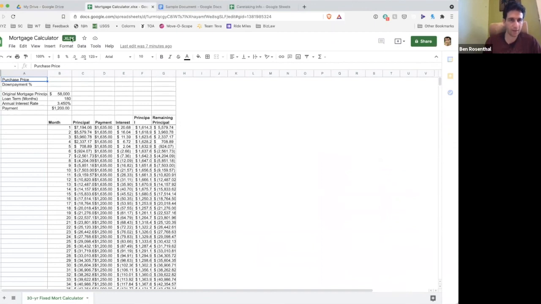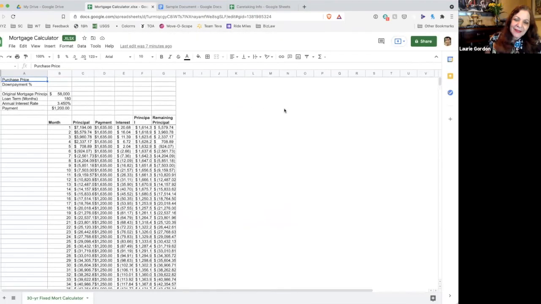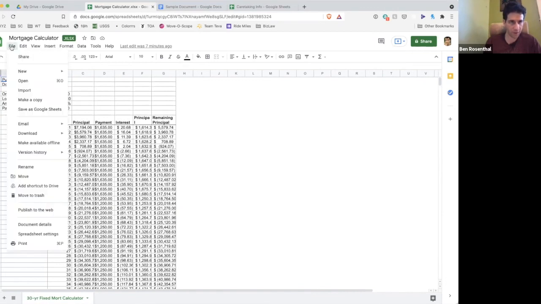It is still an Excel document. Because you turned it off. Yeah, it remained an Excel document because I turned off that automatic setting when I uploaded. Once I've opened the document in Google Sheets, then